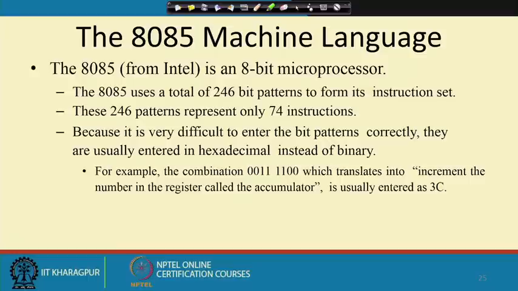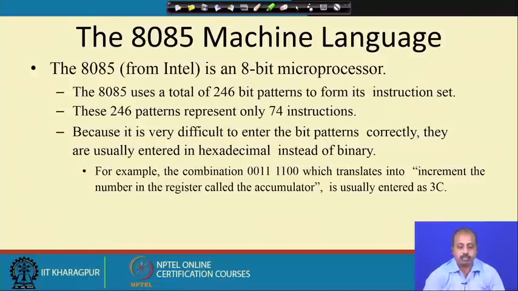For the 8085 processor, if we try to look into the machine language, it is an 8-bit microprocessor as we have said previously. So the word size is 8 bits, and the number of different combinations that it can understand is 2 power 8, that is 256. So you can have at most 256 different instructions with 8-bit word size. Out of that, 8085 uses only 246 different bit patterns. The remaining 10 patterns are not used at all to form its instruction set, and these 246 patterns